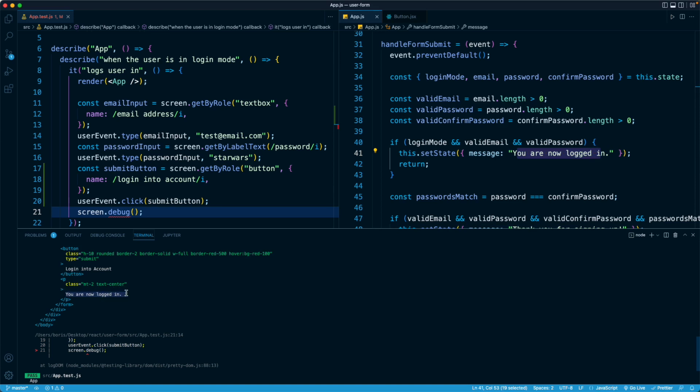That is the message that appears below the button when the user provides their email and password and clicks the button, right? So in our HTML output here, we can see that the component is working as expected, but we don't actually have any assertion yet in our test to validate that. So in the next lesson, we're going to write our actual assertion after all of this setup to validate that this text is